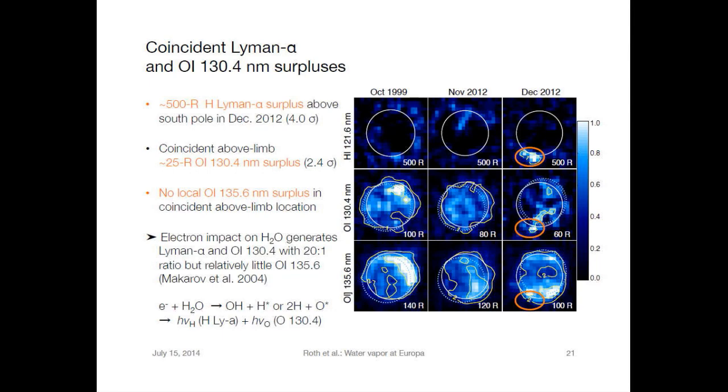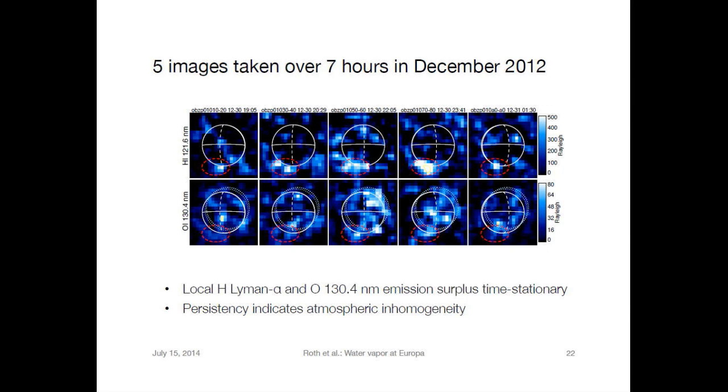Another interesting hint was that if we look at the evolution over time, we have the image from December, and we cut these images into 5 time steps. The first row is the hydrogen image, 5 time steps from the beginning to the end of this visit in December 2012, and the second row is the oxygen emission in 5 time steps. Although these images are really patchy and noisy because of a low signal to noise, we do see some emission in this encircled area at the South Pole, indicating that this is spatially persistent. We see this at the same location on Europa, so it's always at the South Pole,